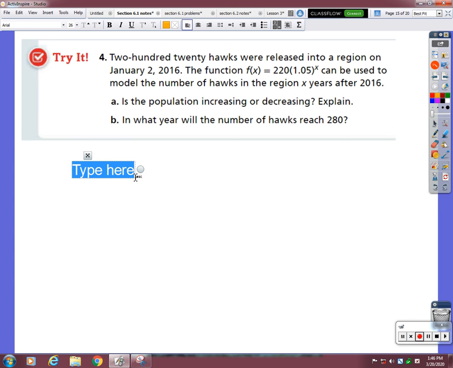All right, so this one says 220 hawks were released into a region on January 2nd, 2016. That's a lot of hawks, if you ask me. We have a function there that models the hawk population, so you can see because we're multiplying by 1.05, the population is going up by about 5% each year. So when it says, is the population increasing or decreasing, we can say that it is increasing by 5% each year, and the place that we got that from is the